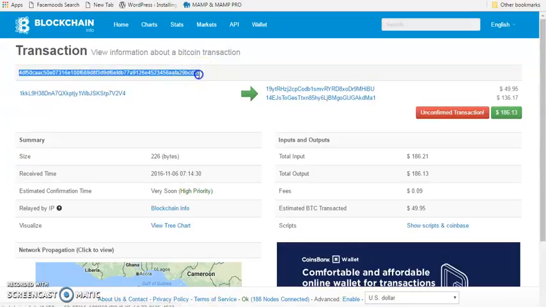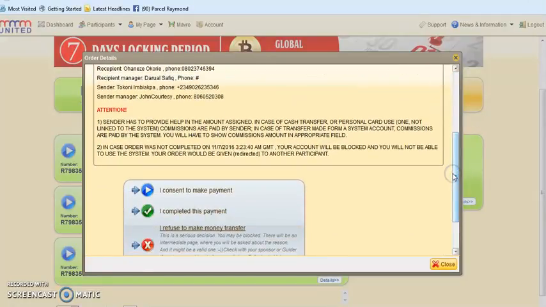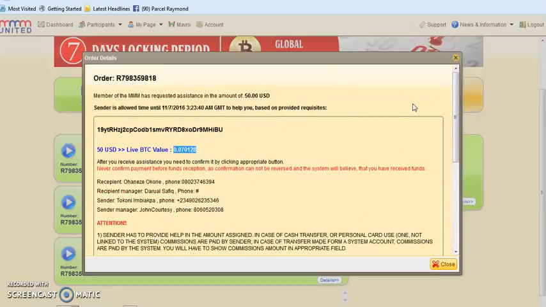Copy this transaction ID. This is the transaction ID. Then you come to this place on your MMM United platform. Scroll down. This is still the very place we copied the